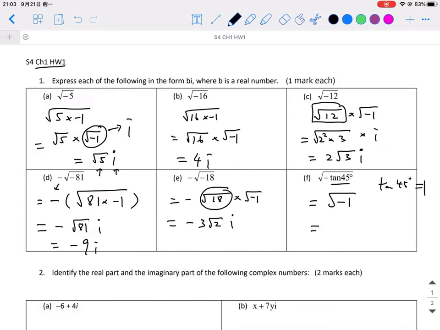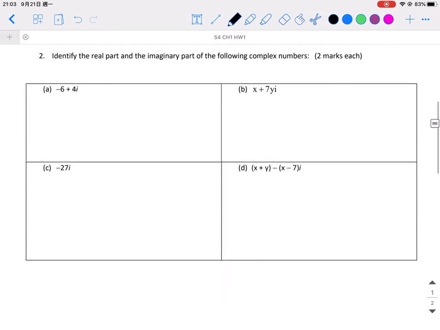So square root -1, some students write 1i, but it is better for you to skip the 1 and just write down i. So for part 2, you can identify which one is an imaginary part and